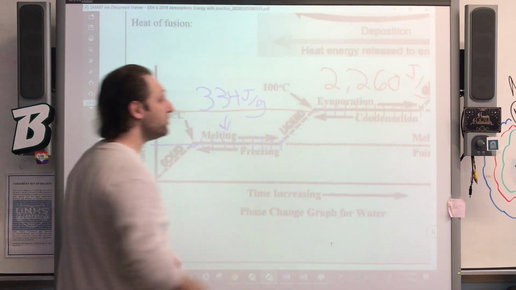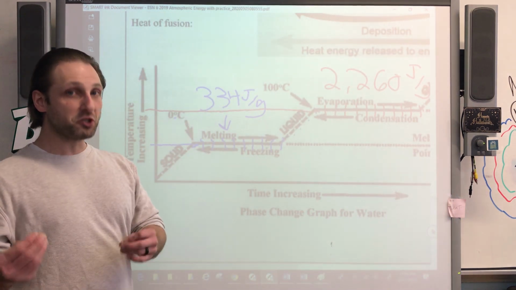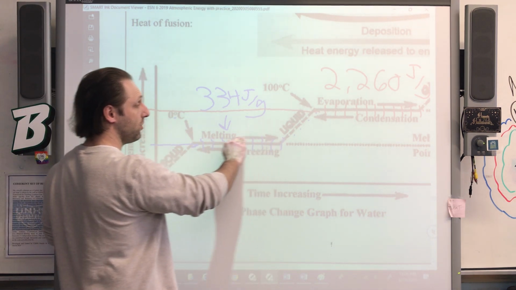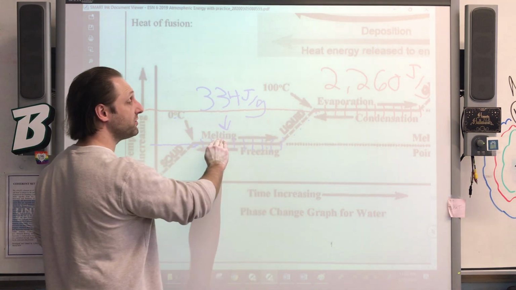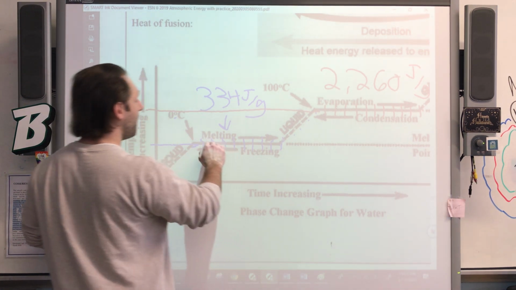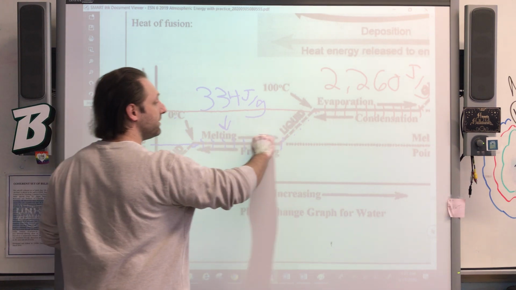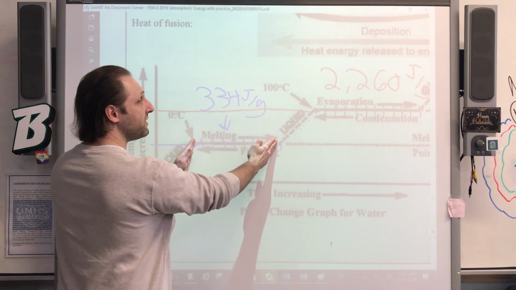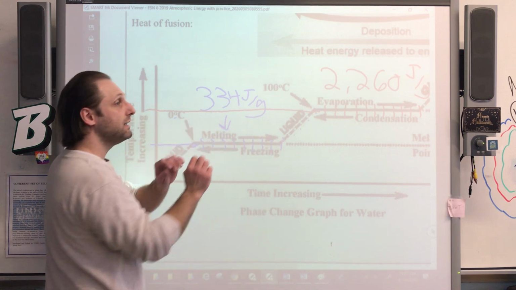So let's review the names of the phase changes. Melting occurs here, where there is no temperature change. It's a lot of beeping today. All right, so that melting is not seeing a temperature change because all the energy is being added in to